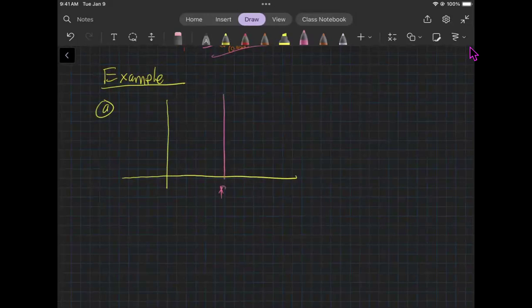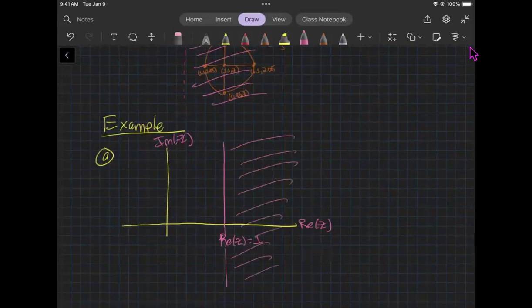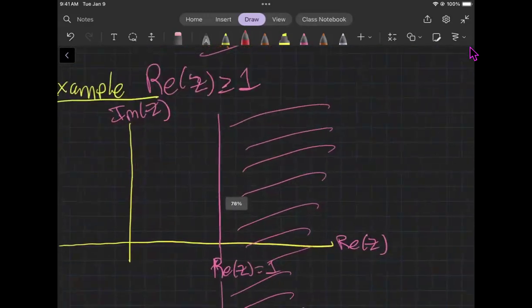So the real part of Z is 1. So here's the real axis and the imaginary axis is here. Okay. And then let's say S would be the set where the real part of Z is greater than or equal to 1, right? In this case, this will not be an open set